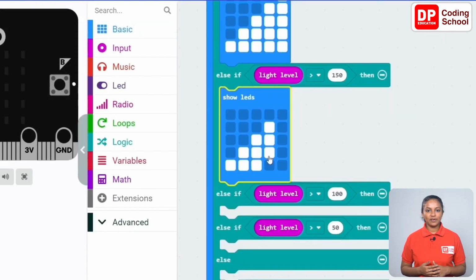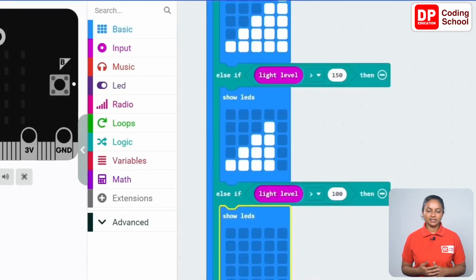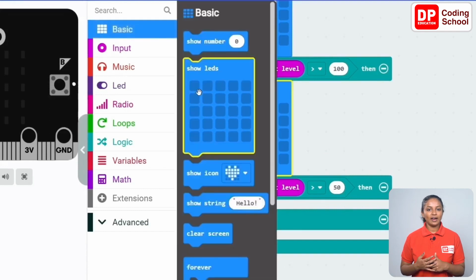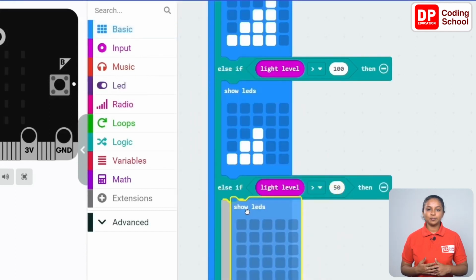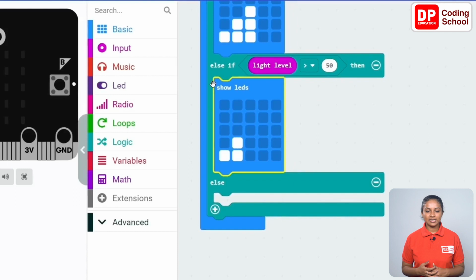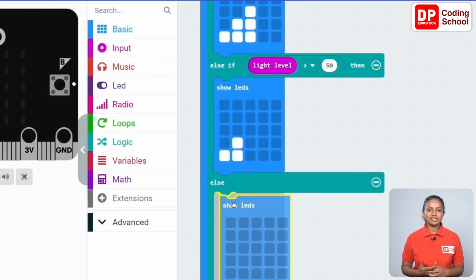Once again, I drag the show LEDs code block under basics down from this third condition. Let's select the LEDs that need to be lit in this way. Drag a show LED code block under basics again from the next condition in this way. I selected these LEDs. Finally, in the else section, drag a show LEDs code block under basics and select LED